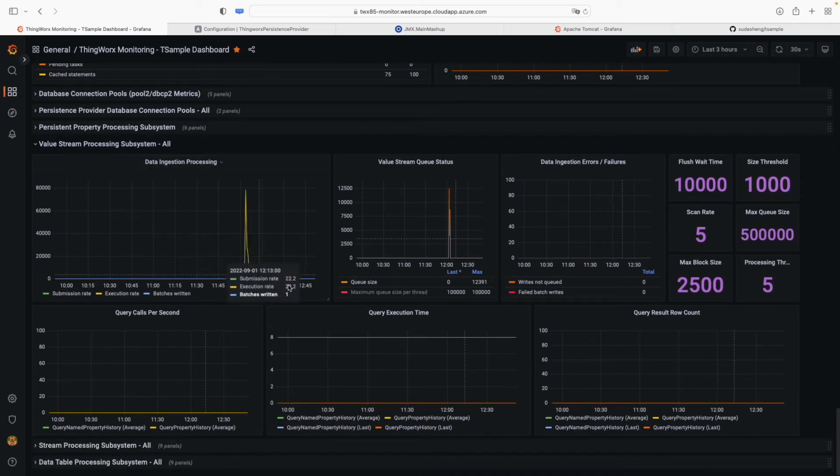And then value stream processing for most people is really a big area that they look at. In the Prometheus-based approach, I've really split this up as the metrics present themselves from ThingWorx Persistence Provider and InfluxDB. This is how they come in. Here we have the filtering capabilities, so we can go to the top and essentially choose the persistence provider that we want to see. Right now, as I mentioned, the goal has been to sum them all together, because it